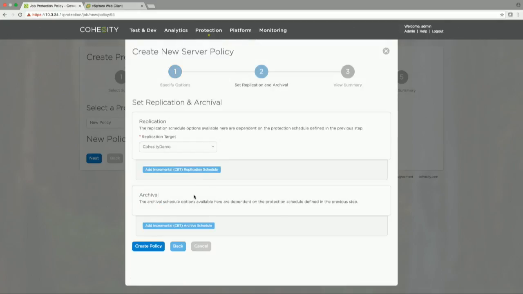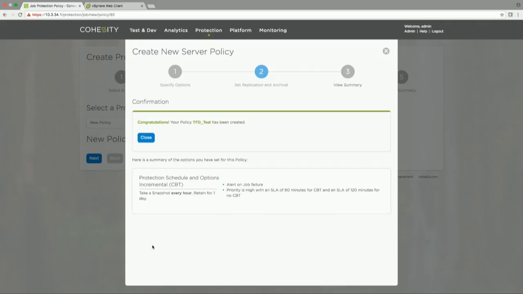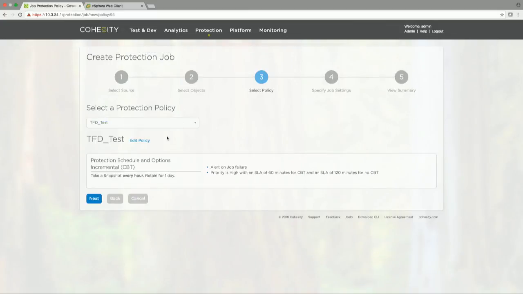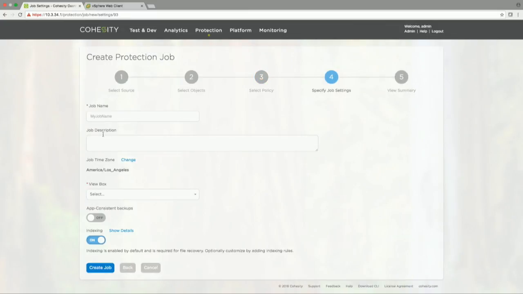And when I continue, I can actually select a replication target where I want that data to be replicated after the local site has protected that data, right? And then also here I can add a target for archival, and this target for archival can be Amazon, Google Nearline, or Azure. So once I create that policy, I can at that point in time associate that policy with a job,